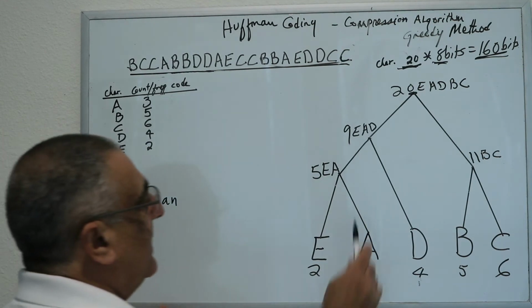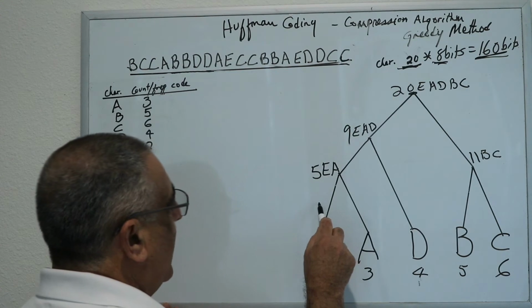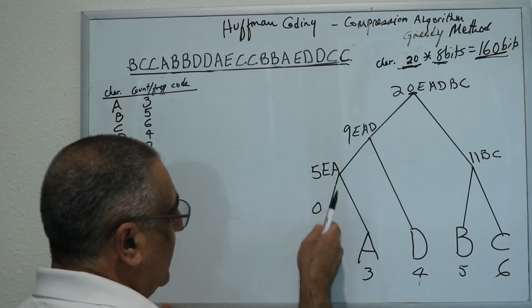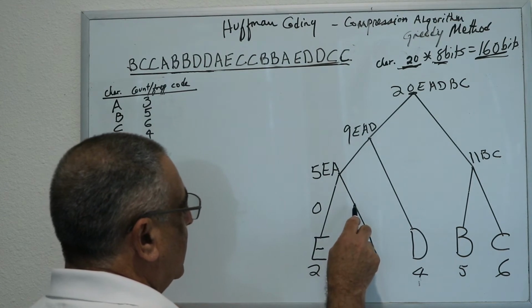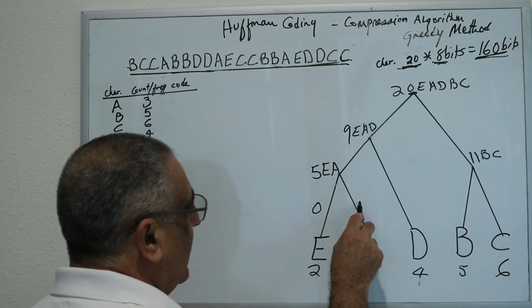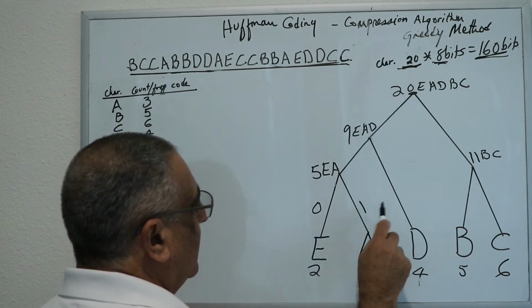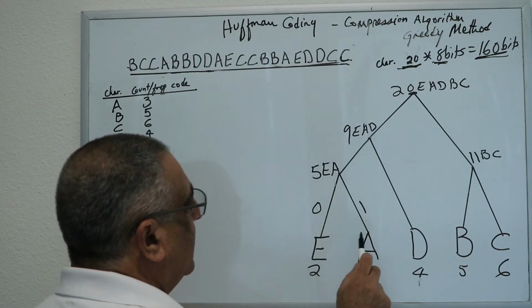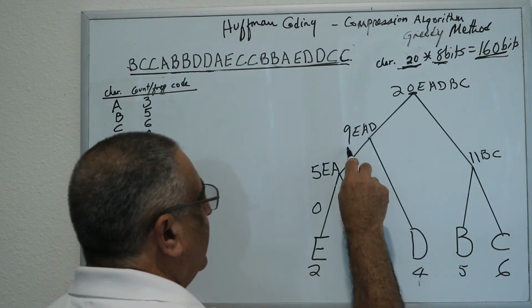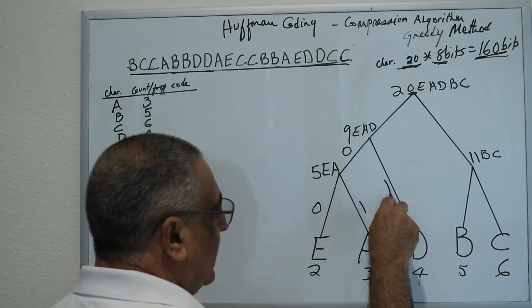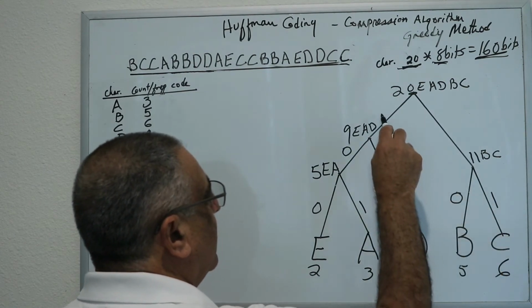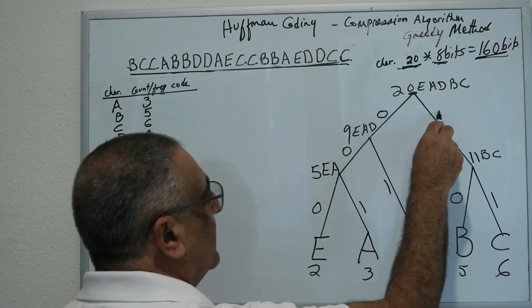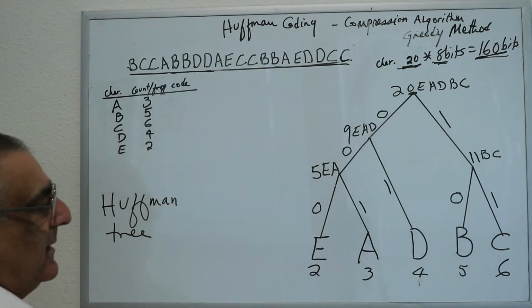The way it's done here, each left pointer is going to be set to 0 and each right pointer is set to 1. According to this, the left is 0 and the right is 1. So let's see how